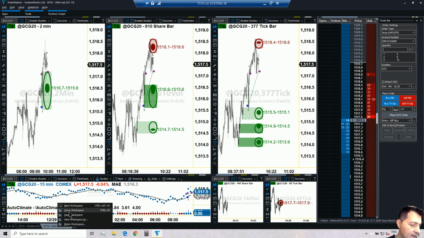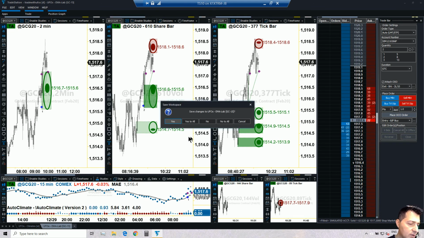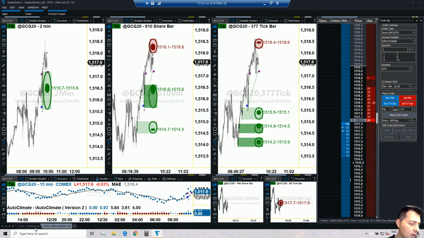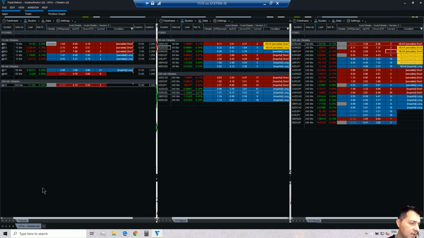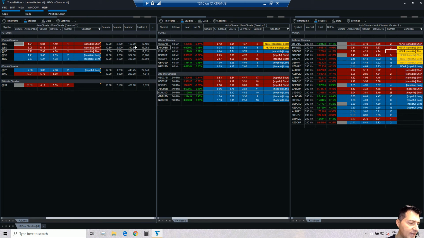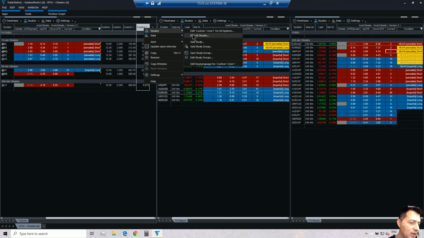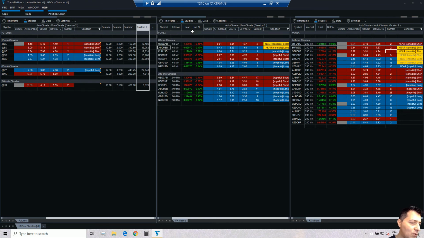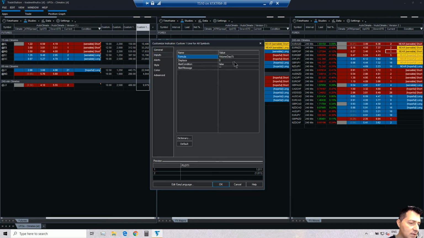So if I close my gold chart and I show you the list, and again we talked about this, by the way, in some of the sharpening sessions. You look at the average trading, you see those four columns: custom, custom, custom, custom. I remember showing you that a long time ago, so let me show you again. If you look at what that column is, edit custom one. What that column does is look at the volume of one day. That's what that column is looking at.